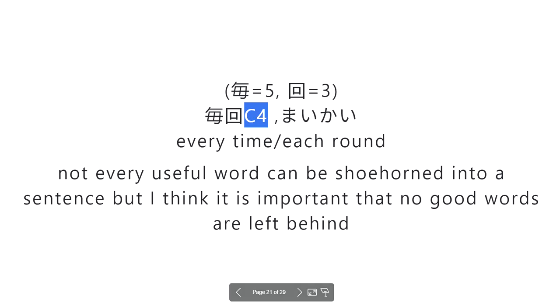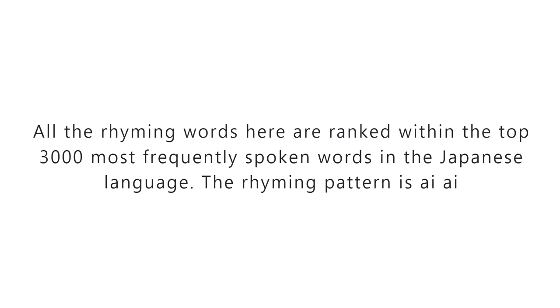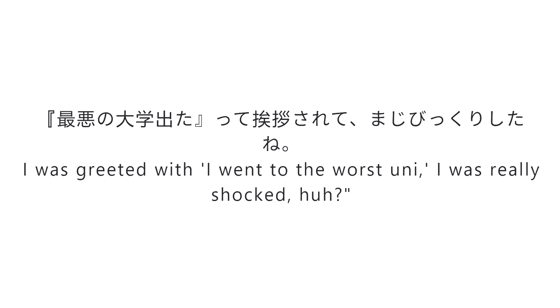So I hope you can see that we've covered a few words. All of the rhyming words here are ranked within the top 3,000 most frequently spoken words in the Japanese language. The rhyming pattern is "ai", "ai". Next, the video won't last much longer. We have here